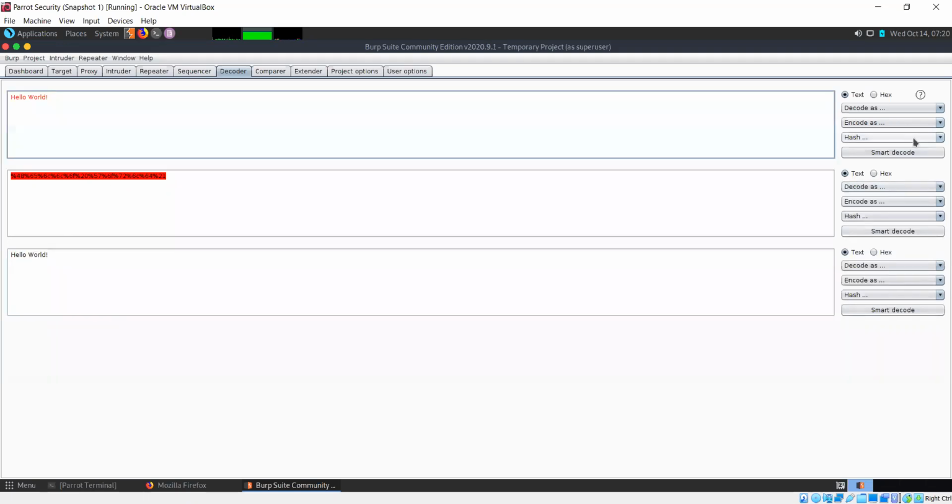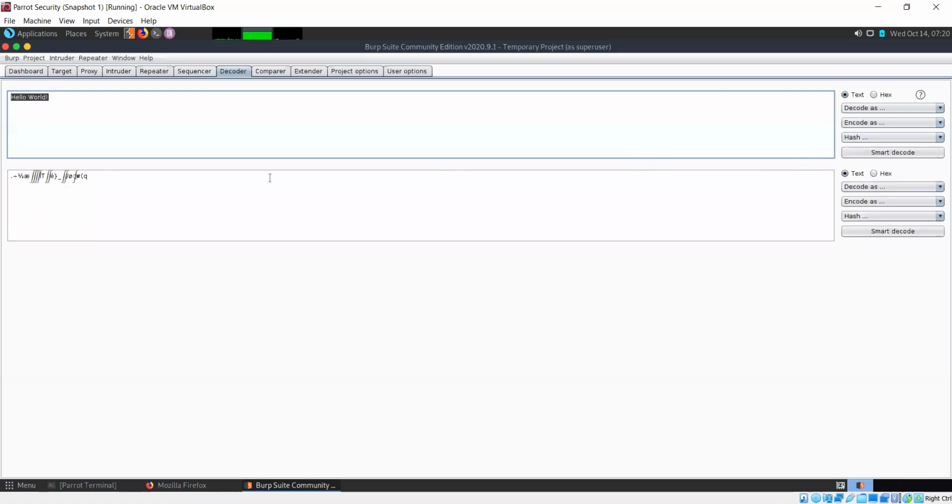But if I convert this into a hash, let's say I convert it into a SHA-1 hash. What is this? This should not be the case. Let's say try a SHA-256 hash. This is not the expected output.